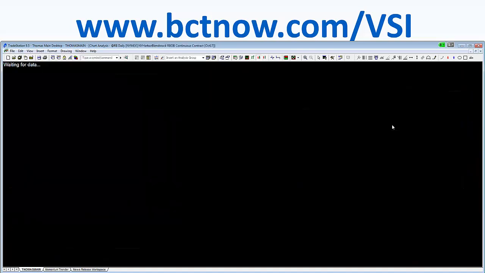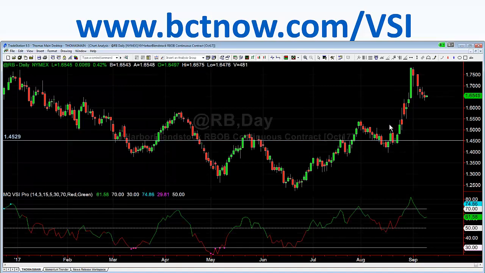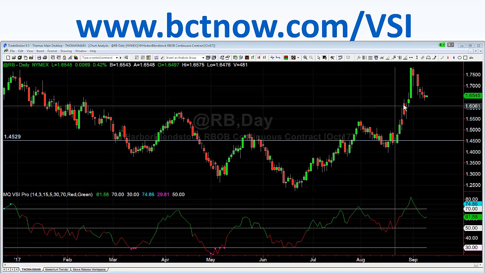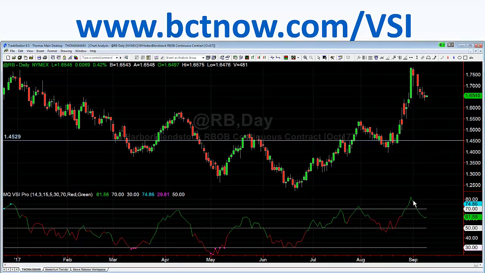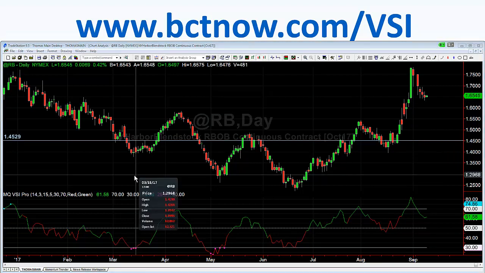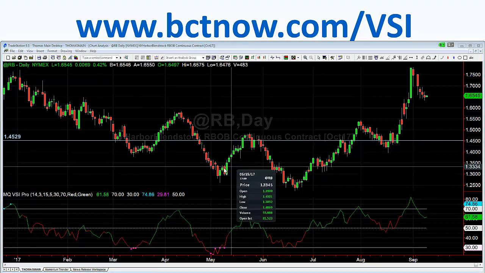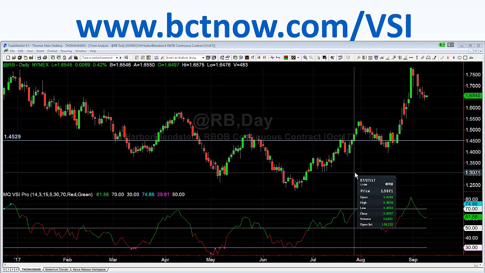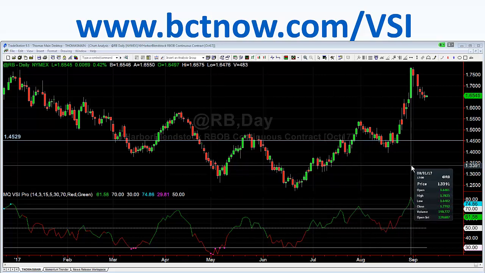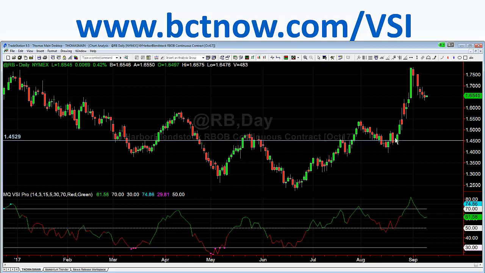Can we look at RBOB? Sure. Here's RBOB. Working out beautifully. Volume reversals there. Volume reversal up here. Volume reversals right here. Extended market reversal there, and extended market reversal there. Not a volume reversal. This, by the way, is what Harvey caused. That rally right there was Harvey driven.